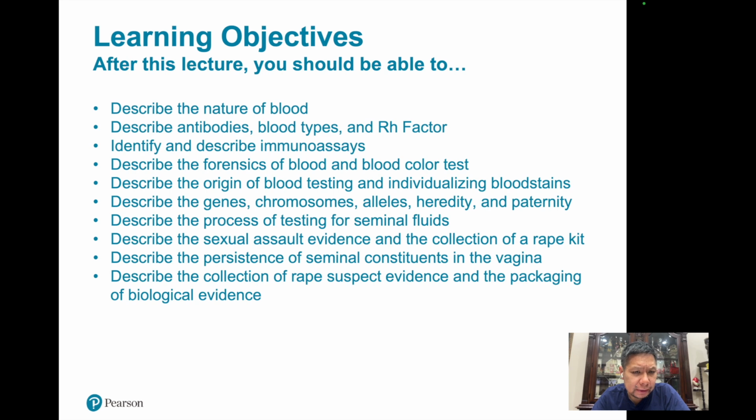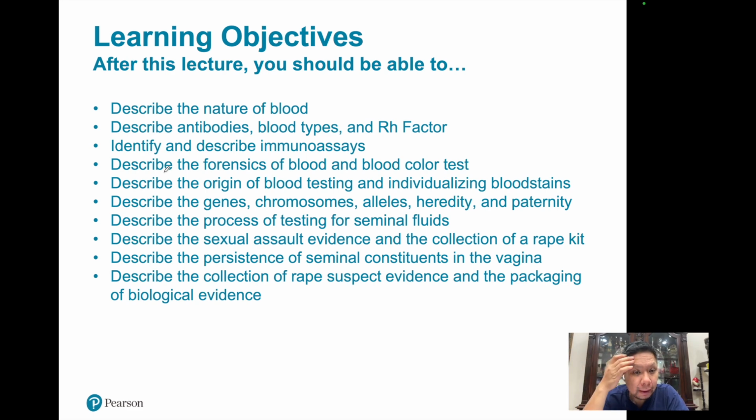So these are the learning objectives for today's lecture. We'll be talking about the nature of blood. We'll talk about antibodies, blood types, Rh factors. We'll also talk about immunoassays. We'll also talk about forensics of blood and blood color tests, the origin of blood testing and individualizing blood stains. We'll very briefly talk about genes, chromosomes, alleles, hereditary, and paternity. And the reason why it's brief is because we'll have an entire chapter or lecture on that next time over